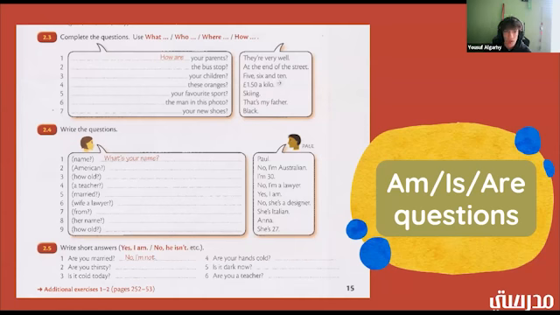Okay, good. All right. Number 4, "blank these oranges." It's asking for a price, by the way. How much are these oranges? Good. Number 5, "your favorite sport." What is your favorite sport? Good. Number 6, "blank the man in this photo." It's asking about someone in a picture. So: Who is the man in your photo? Good. And number 7, "blank your new shoes."